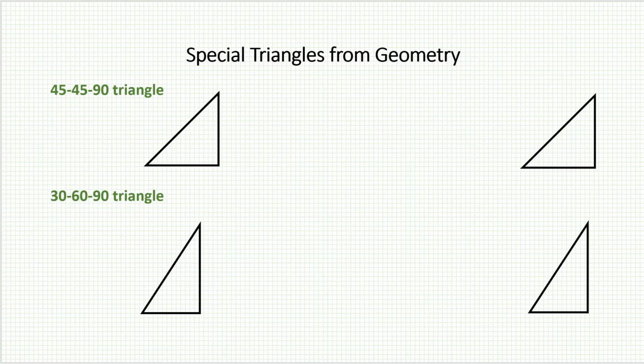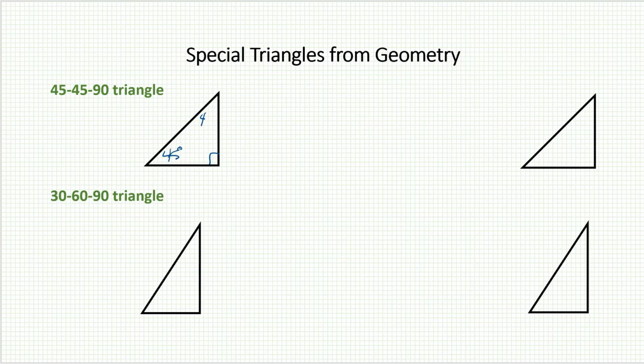Special triangles from geometry. You might remember there are a couple of triangles where the sides are related to each other in a particular way. The first one is the 45-45-90 triangle. In other words, a triangle where there is a right angle and where the other two angles are